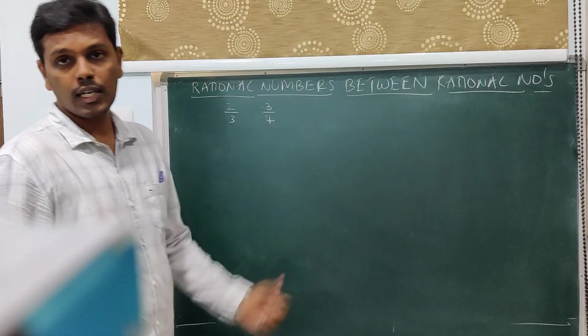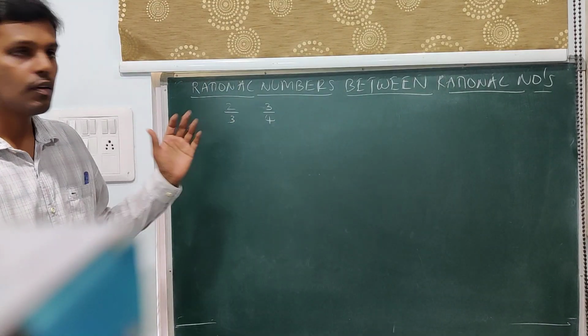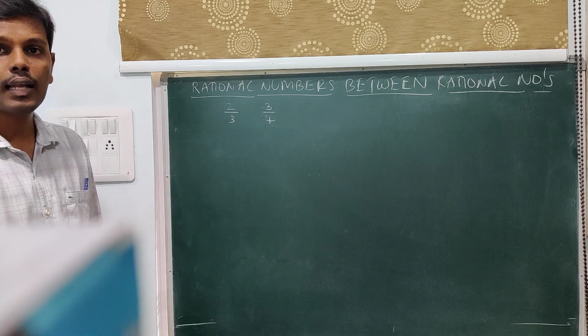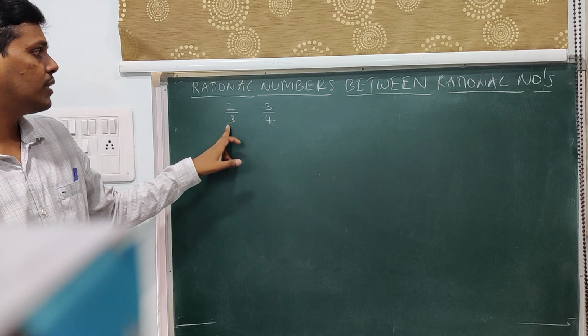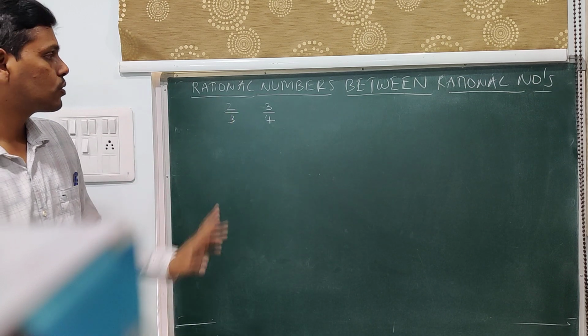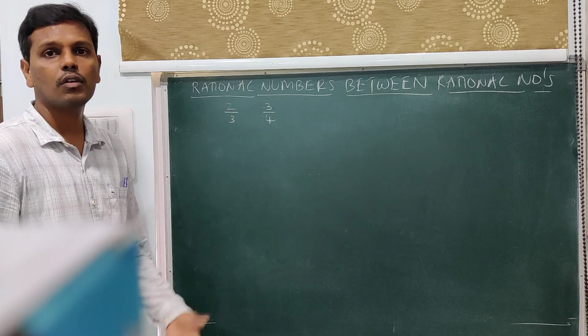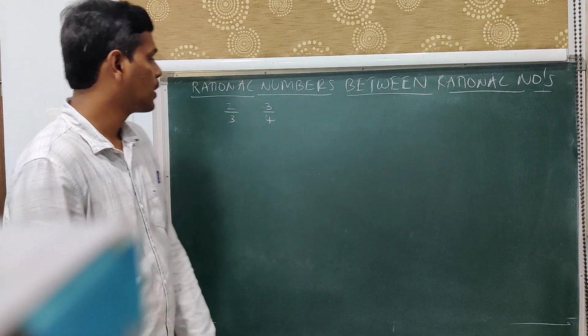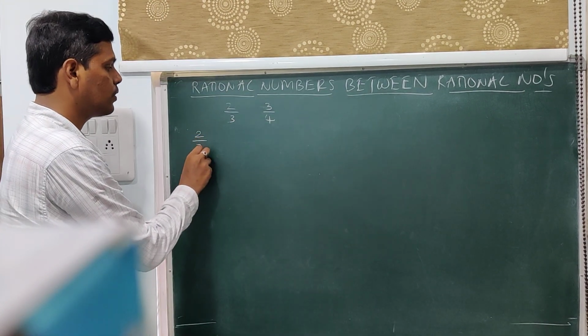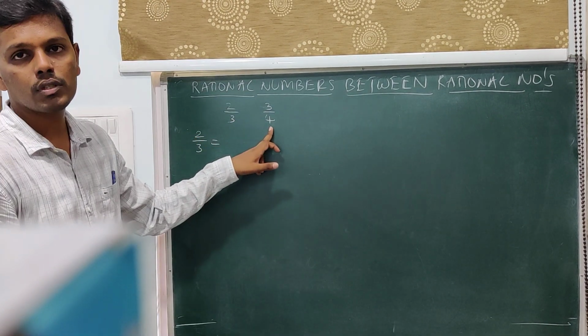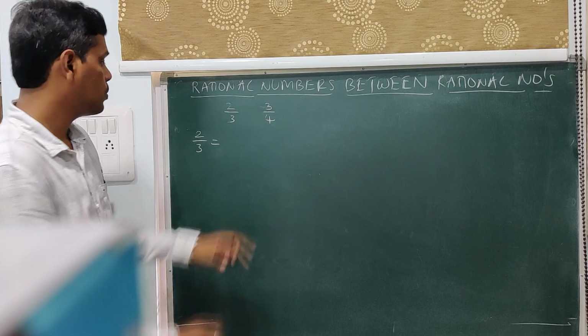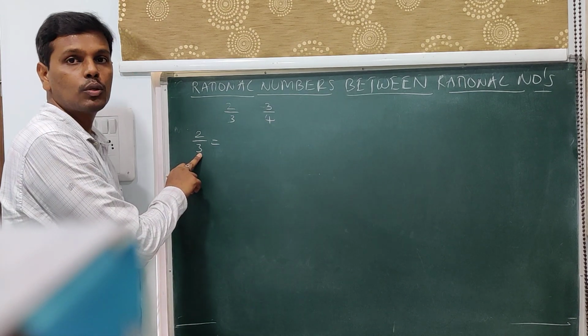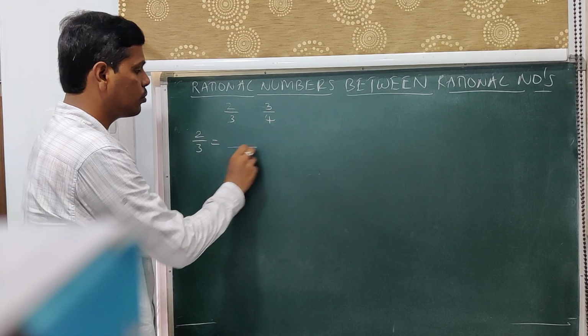So in this method, as I have already suggested, we will go with something called like fractions. Now make these two into like fractions first. So how do we make like fractions? We equate the denominators. How do we equate denominators? By taking the LCM. So what is the LCM of 3 and 4? The LCM of 3 and 4 is 12. So what should be multiplied to 3 to get 12? It is 4.